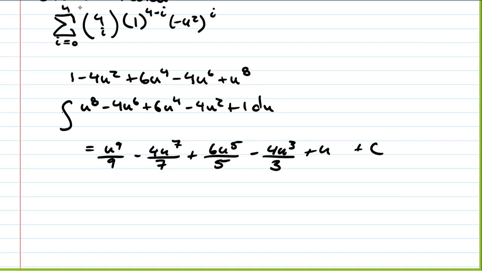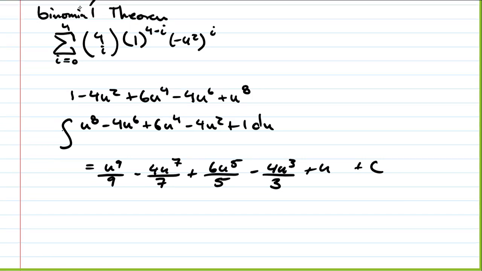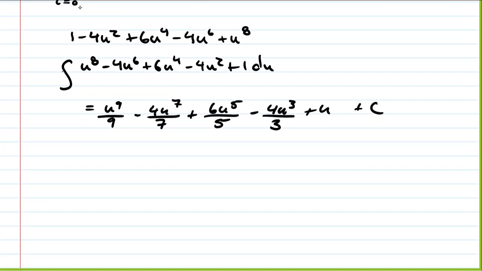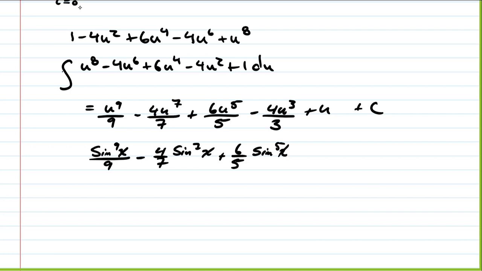But then what was our u when all of this started? Sine x, right? So we get sine to the 9th x over 9 minus 4/7 sine to the 7th x plus 6/5 sine to the 5th of x minus 4/3 sine cubed x plus